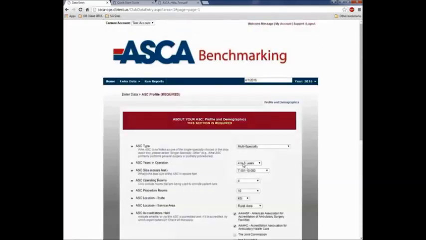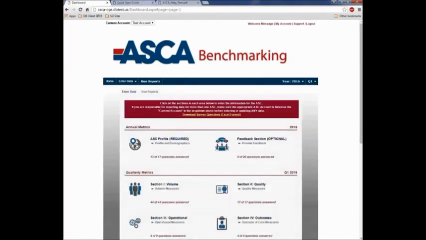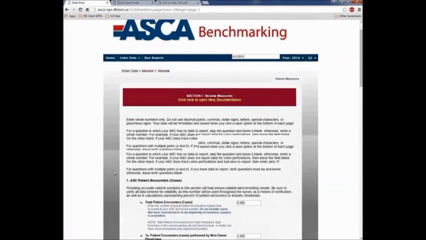And you'll notice that my entries, my 4 to 6 years, and my square feet have been saved to the database. They've turned back to white, indicating that the data has been saved. Let's return back to the main menu and take a look at some of the quarterly questions. In section 1, volume measures, we're going to take a look at that section because that's a really key